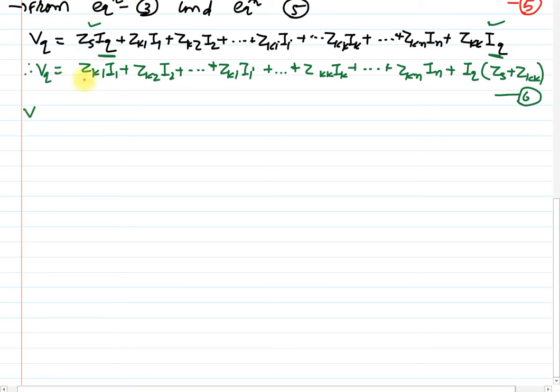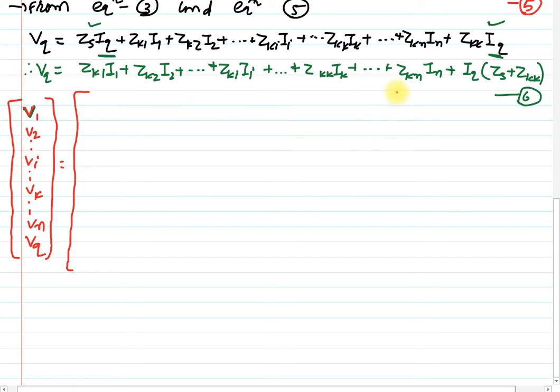So V1, V2, Vi, Vk, Vn, and the last one is the new element which is added into the system, which is Vq, voltage of new bus, which is Vq, is equal to